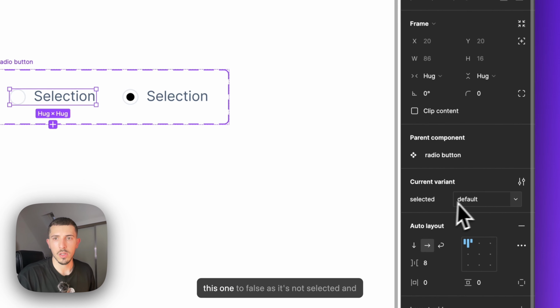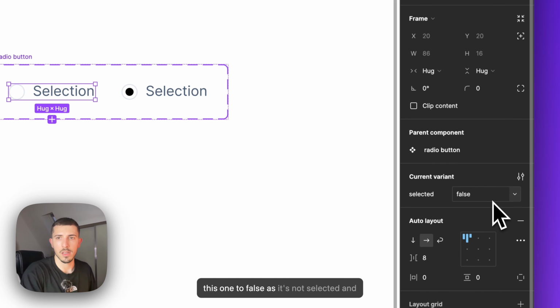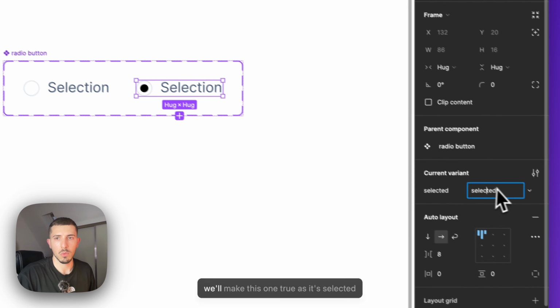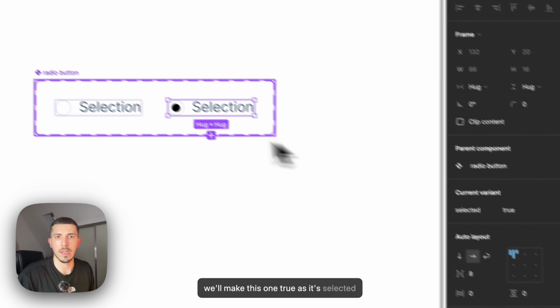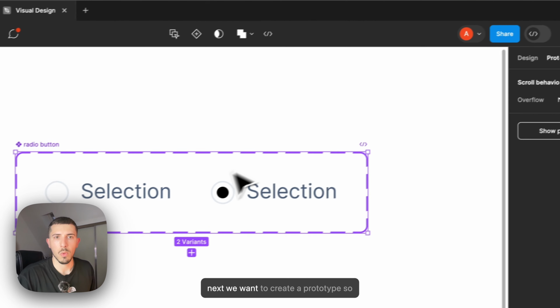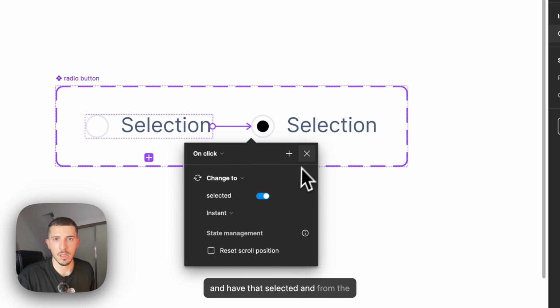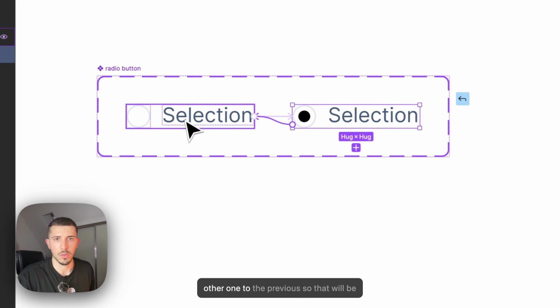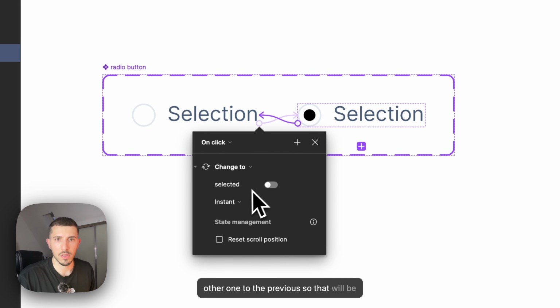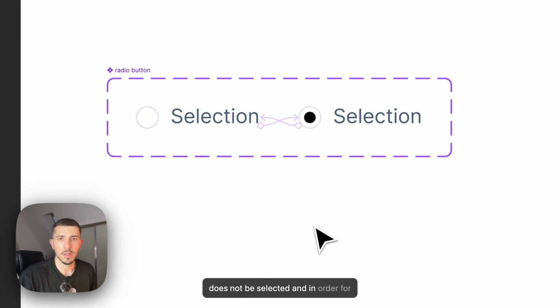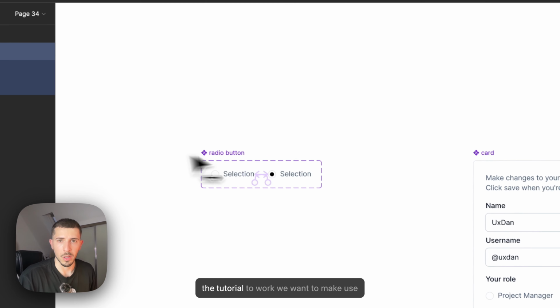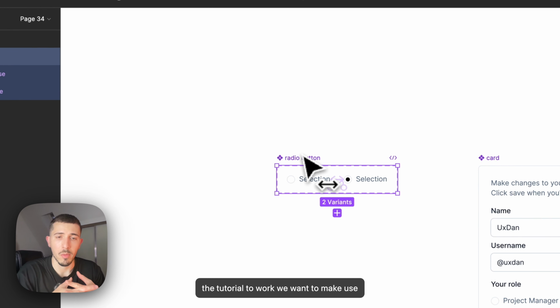So we'll change this one to false as it's not selected, and we'll make this one true as it's selected. Next, we want to create a prototype, so I'm going to move from this one to here and have that selected, and from the other one to the previous, so that will not be selected. And in order for the tutorial to work, we want to make use of variables, as we said,